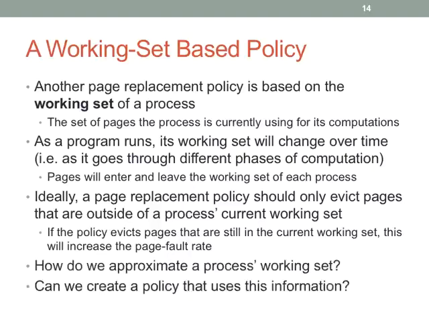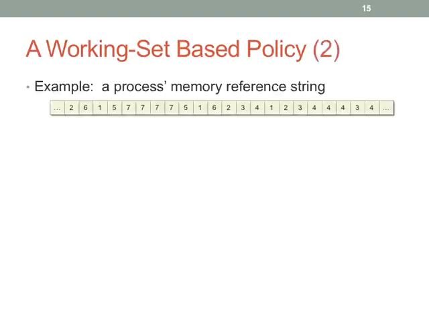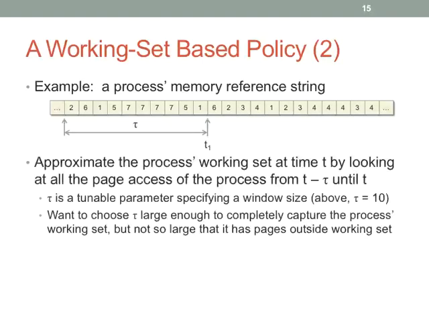Okay. So here's the question, can we actually approximate this working set? Again, we use timer interrupts to try to figure out what the current working set is. So we have this parameter tau, which we can tune. It would be pretty interesting. I don't think the working set policy that we talk about actually tries to tune tau, but you probably could